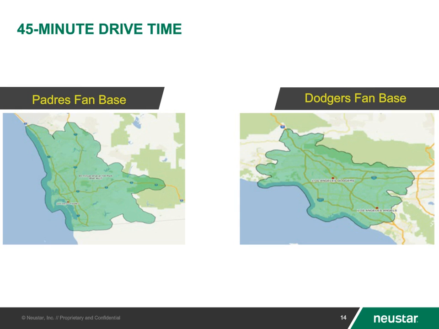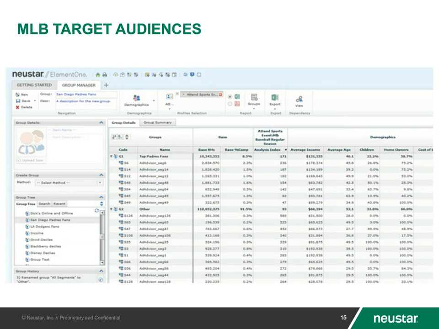This is some basic analysis looking at a 45-minute drive time around the stadiums to look at the markets that these serve. And so, you know, step one is kind of tying an analytic solution back to the market. It could be online, it could be offline. In this case, it's an offline, kind of spatial market. And then having some analytics that will help you understand what's going on in that market.